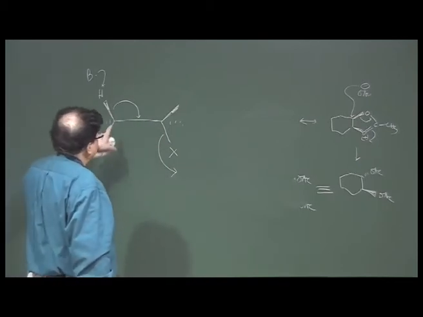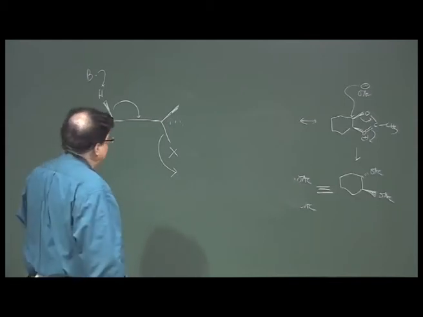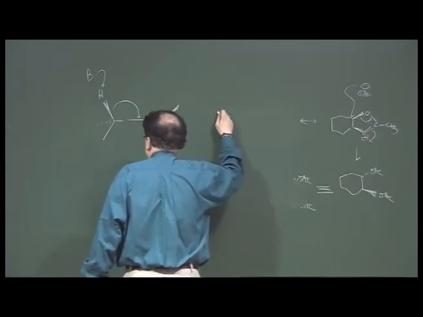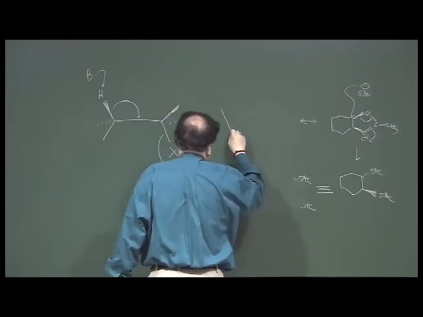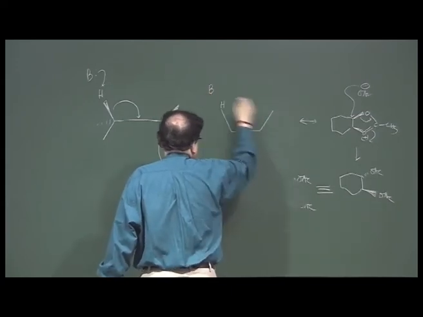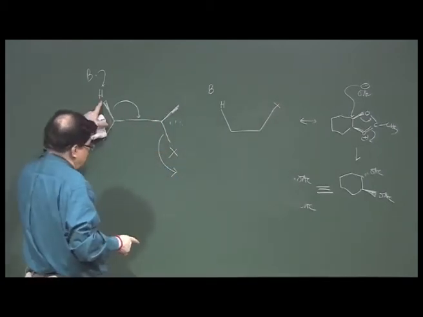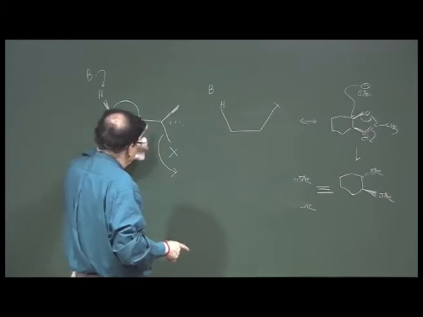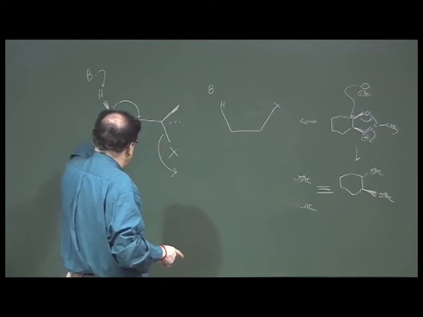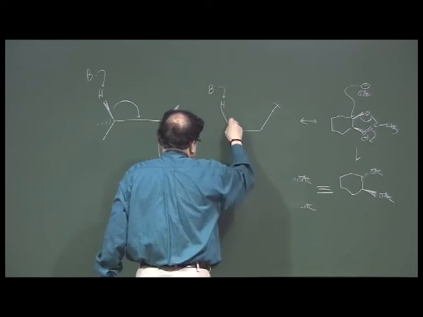Now, what is the stereoelectronic requirement for this process? That is what we are considering now. Now, there are two possible ways you can write this, that either it could be a syn type orientation, or it could be an anti type orientation between the C-X and the C-H, that means the two leaving groups, because here hydrogen is lost, X is lost. So, the two leaving groups can be anti to each other, or they could be syn to each other, and